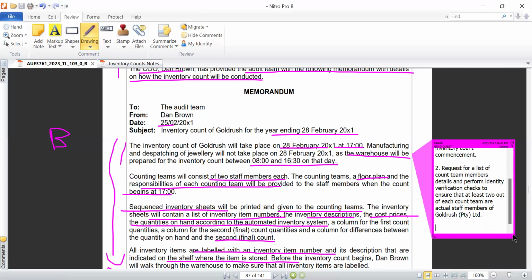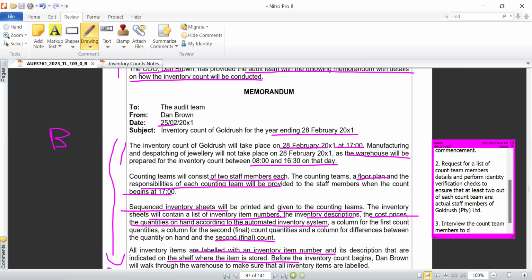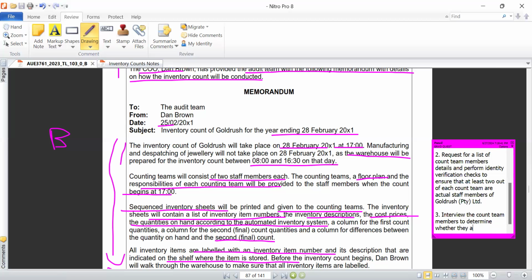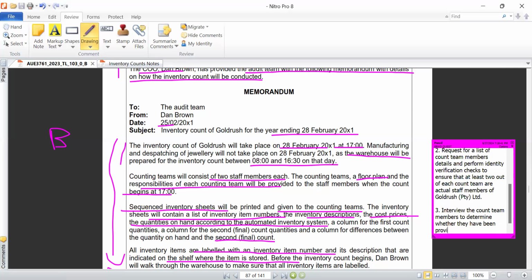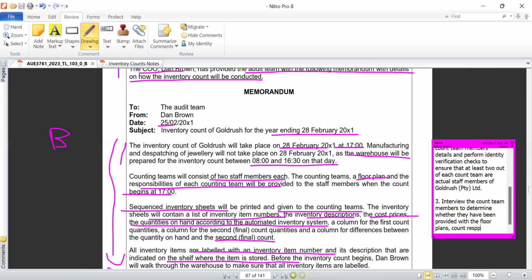All right, and then another thing that you can also do, because we are now told count teams, then a floor plan and the responsibilities of each count team will be provided to the staff members when the count begins. So one of the things we're going to do, we can interview the count team members to determine whether they have been provided with the floor plans, count responsibilities,